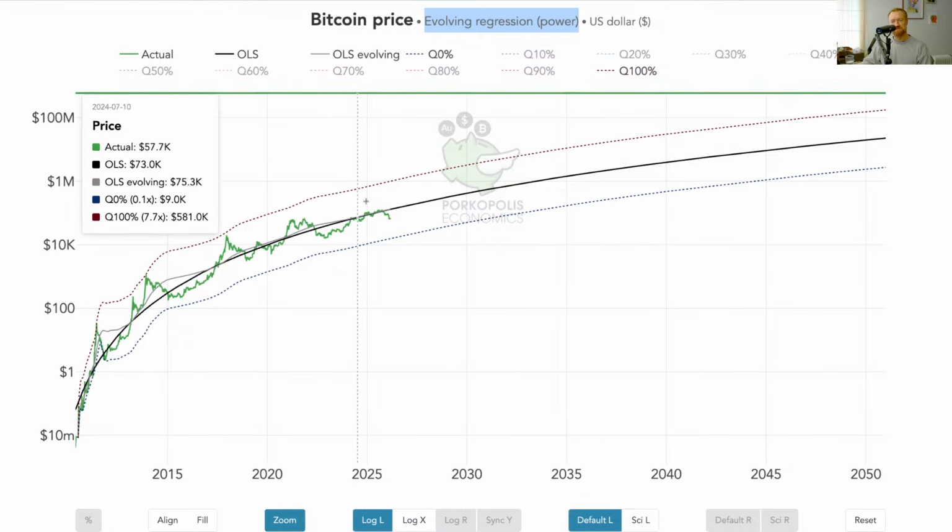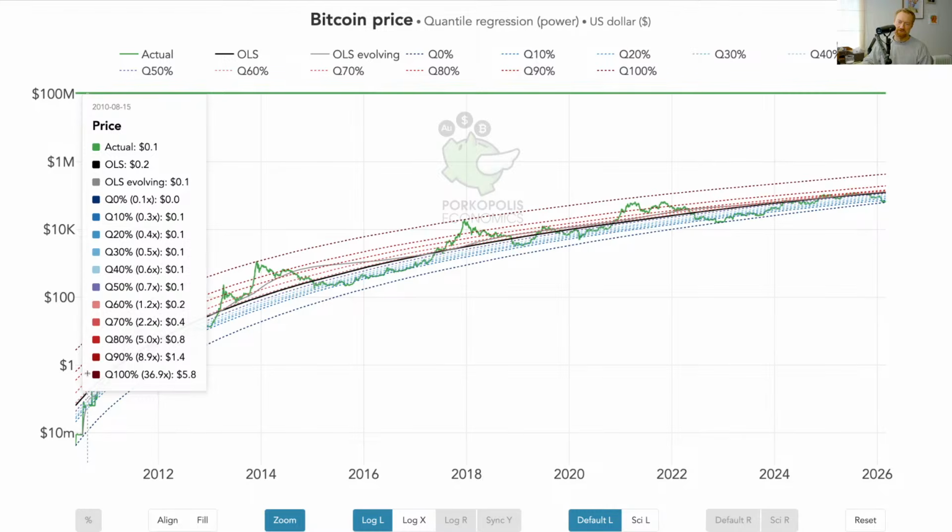So notice in the tooltip that 0.1x and 7.7x, they stay the same. There's no change. See it in the tooltip? 0.1x on the bottom, 7.7x on the top. However, when we make a quantile, now look at the multiples. 35x on the top, 0.1x on the bottom. But now let's look at what happens. The multiples get closer to 1. The multiples shrink.